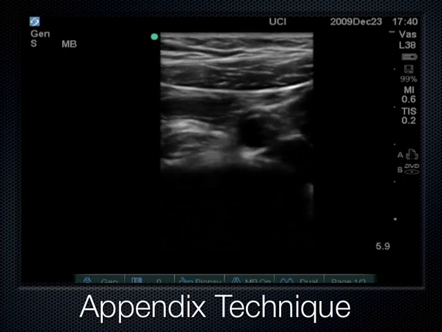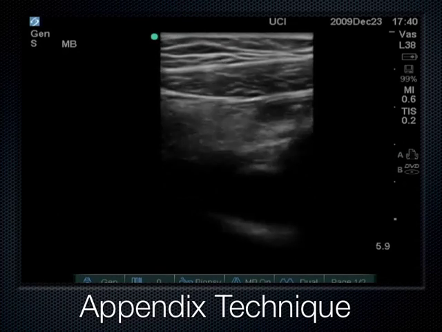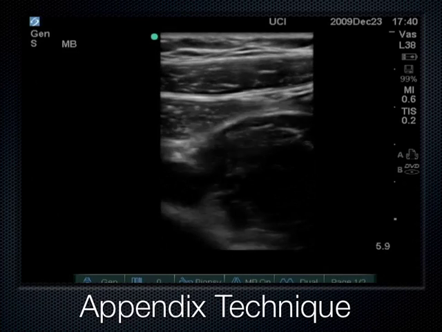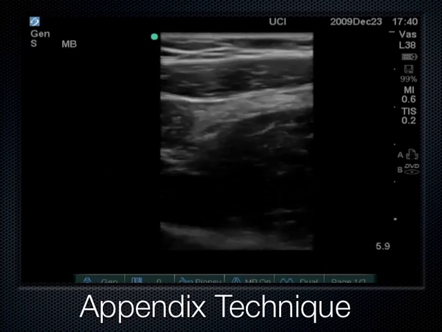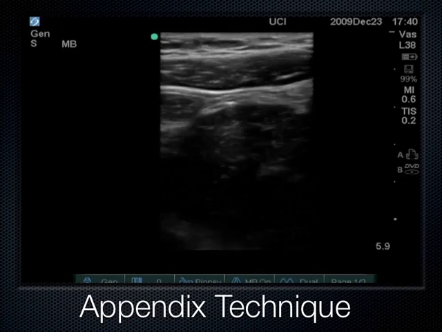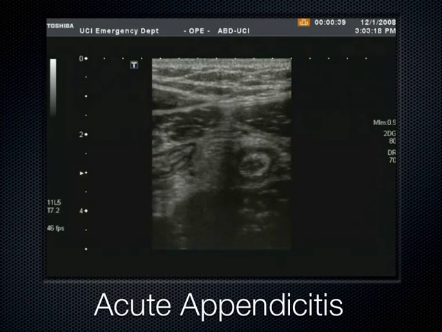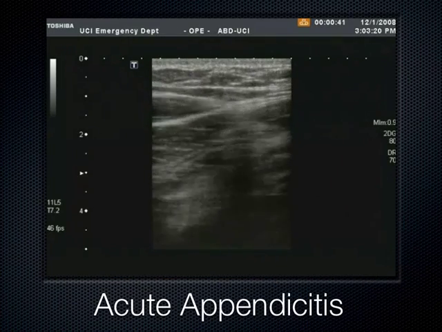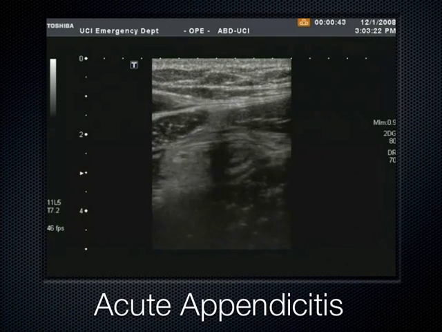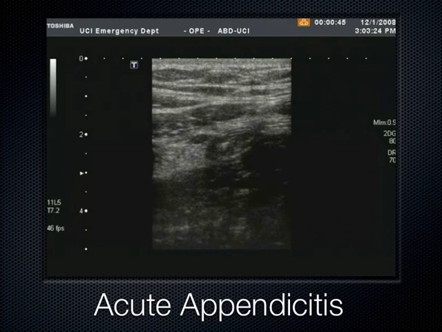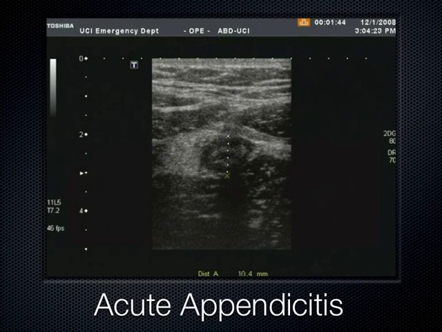And there's loops of bowel that gets sandwiched between the psoas, which is a very long muscle. The psoas sandwiches the bowel. Now, if the bowel is normal, it just compresses, squirts out of the way like it is here. But if the bowel is abnormal, if it's acute appendicitis, then you get this round structure here that's more than 6 millimeters, that lacks peristalsis, when you compress psoas all the way up to abdominal wall